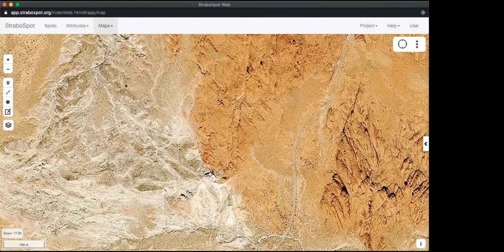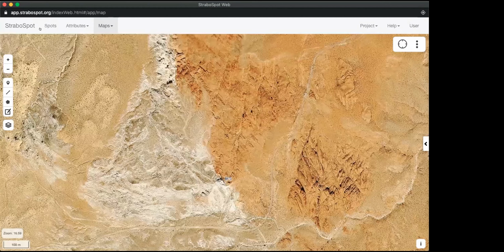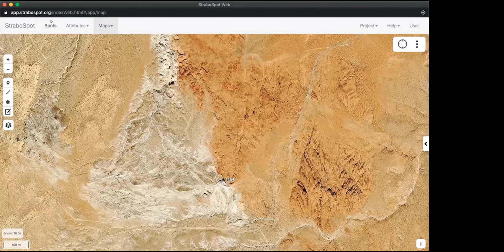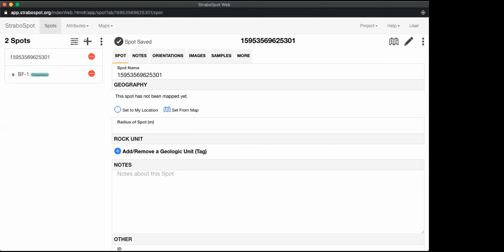The next way we can add a spot is from the spot menu. And that is on the web app version here under spots. If you're on an iPad, then you would click on the three bar menu in the upper left-hand corner and select the spot menu at the top there. So we already added one spot, and we see that here. We can add an additional spot by clicking the plus icon, and that will bring up